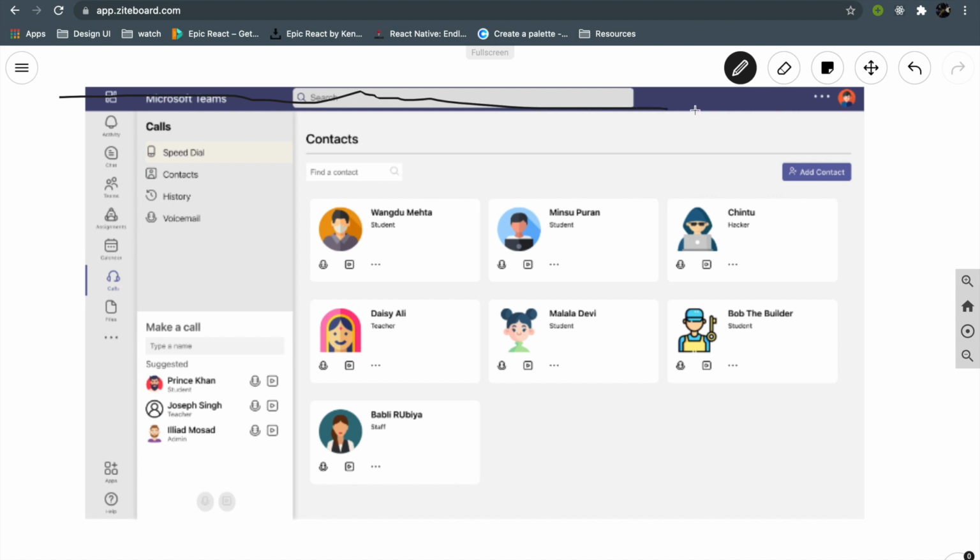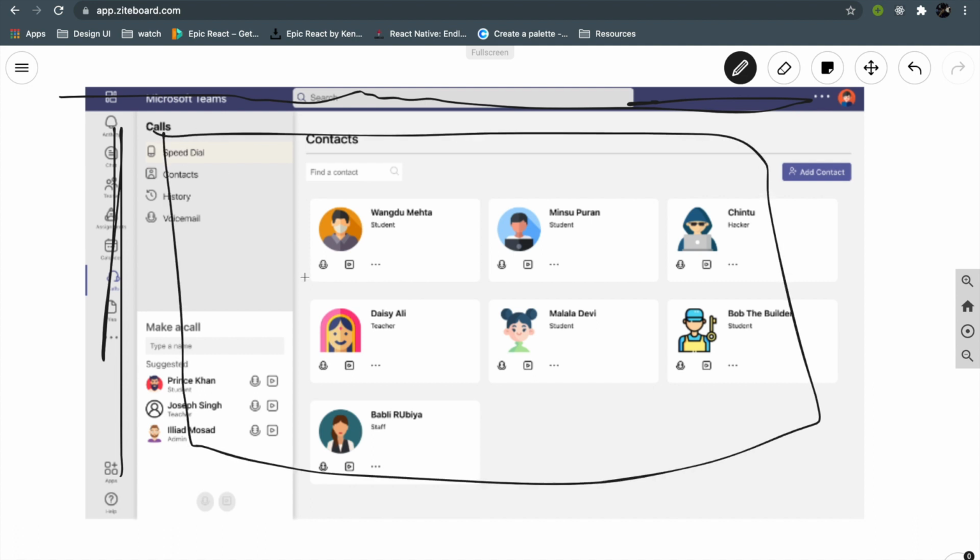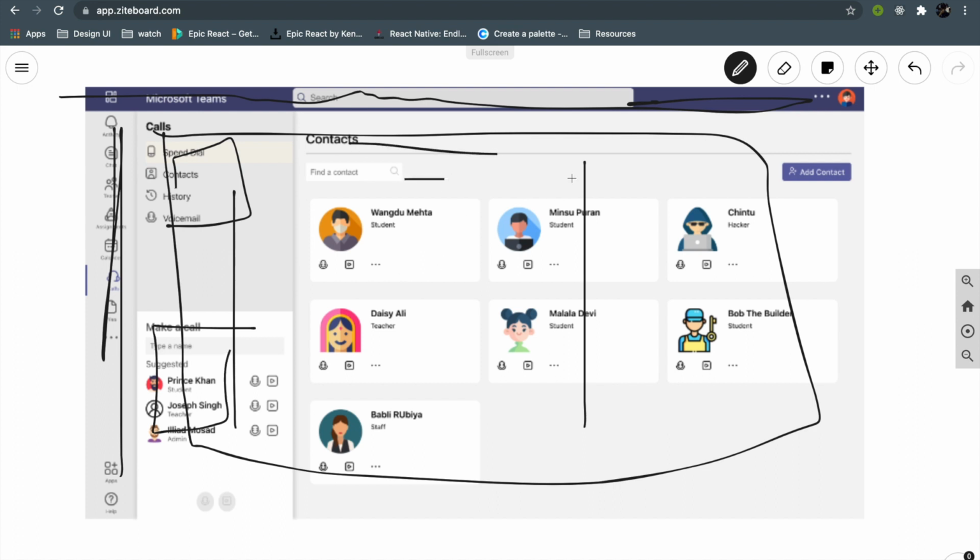This part, as you can see, this is the header, right? And this is the sidebar. Now that we have a header and sidebar which will be common in all the screens, apart from the header and sidebar we have this entire body. This is the body, and in the body we have a left part and a right part. In the left part, this is a menu, and we can say this is a dialer, and in the right part we have a heading, we have some options, a button and a search bar and some contact cards, and there is an avatar in the header, there is a search bar in the header, and there is the usual name in the header. There are some icons as well in the sidebar.